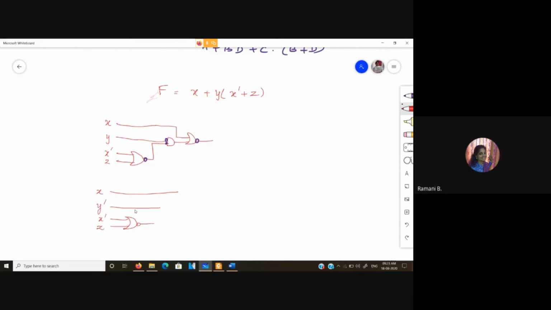That is to be given to the next NOR gate, and that is to be given to the final NOR gate. So here in this final one, we see this bubble is alone. So we need to invert again.